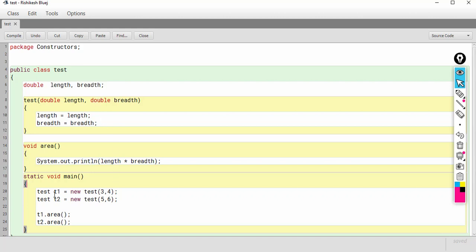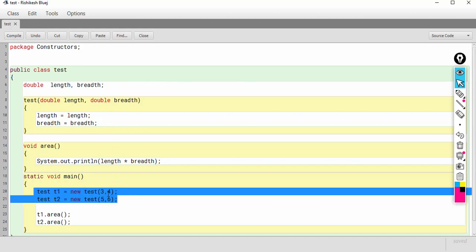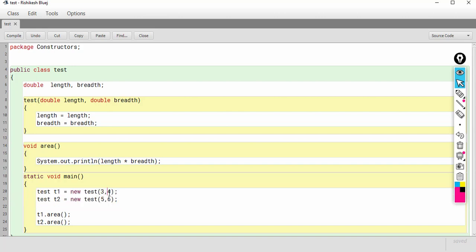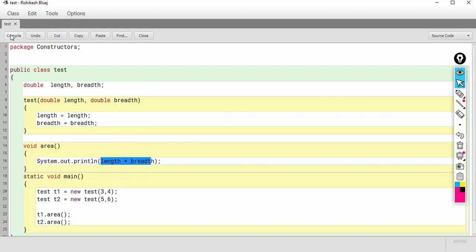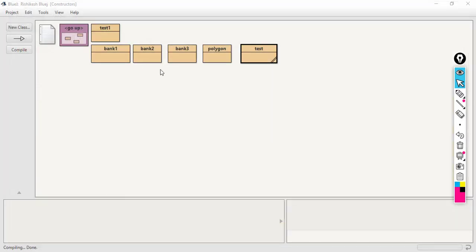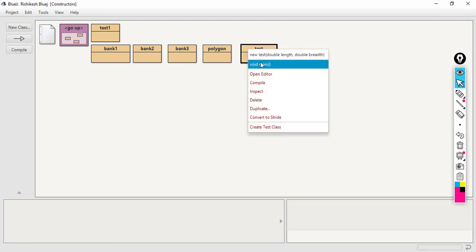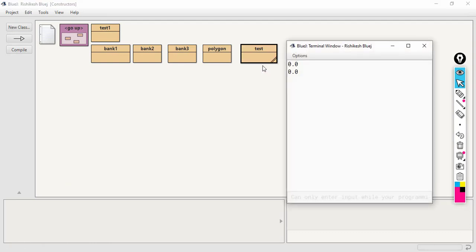So after creating the objects with 3, 4 as length and breadth and 5, 6 as length and breadth, when I call T1 dot area and T2 dot area, we expect that the output should be 12 and 30, isn't it, because length into breadth. But you may be surprised that the output for this will be 0. As you can see here, the output is 0.